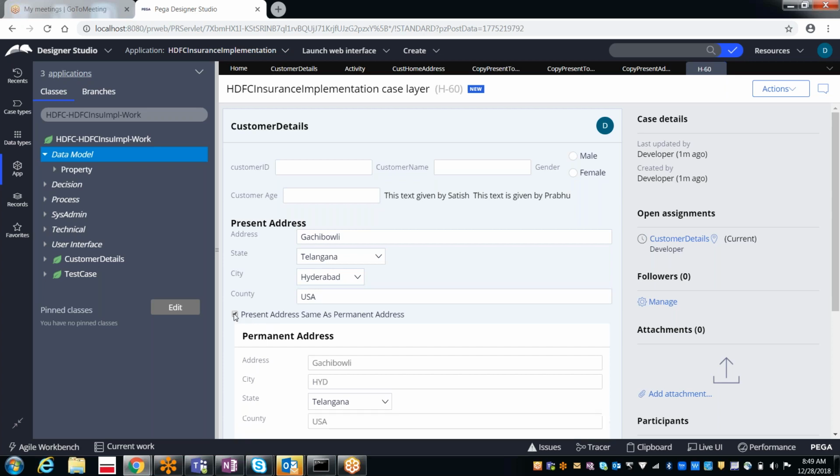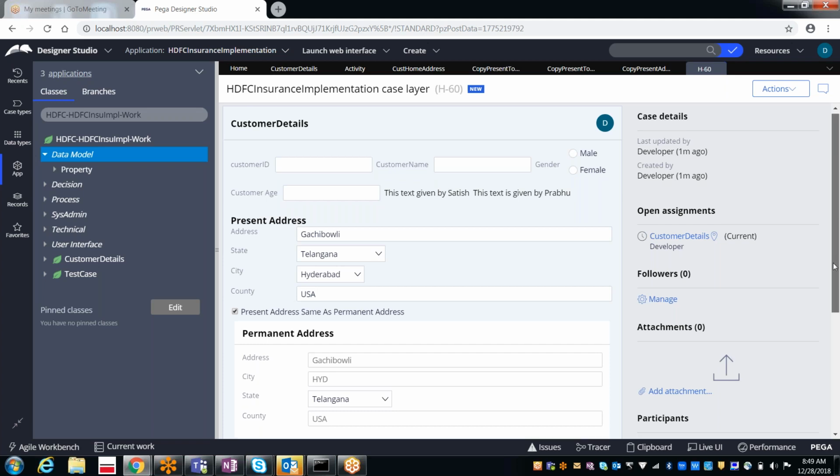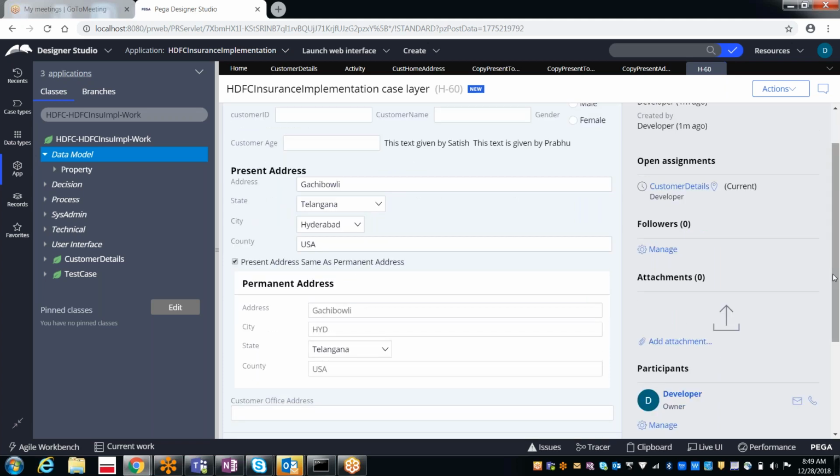Now see, Gachibowli, Hyderabad, Telangana, USA. But what is the guarantee that it is performing this copy functionality through the activity or through the data transform? How can you confirm that?